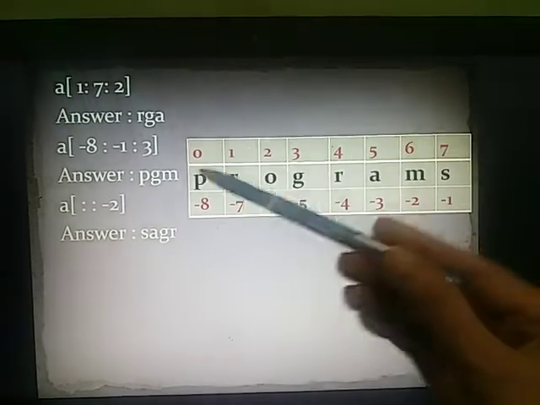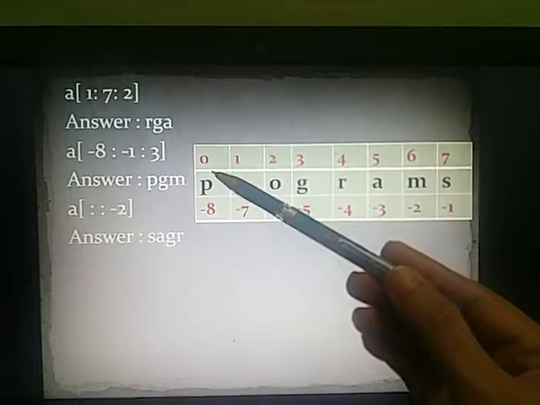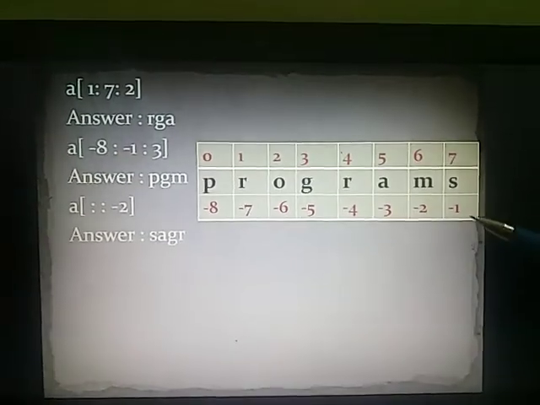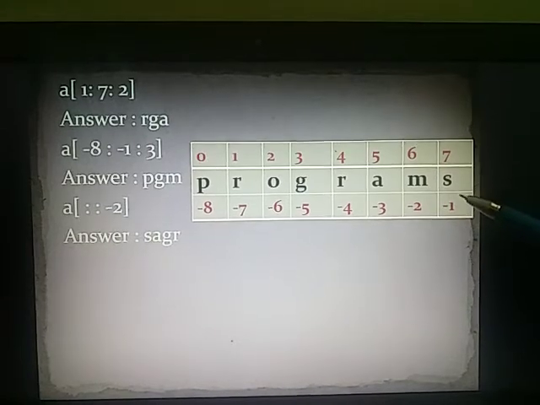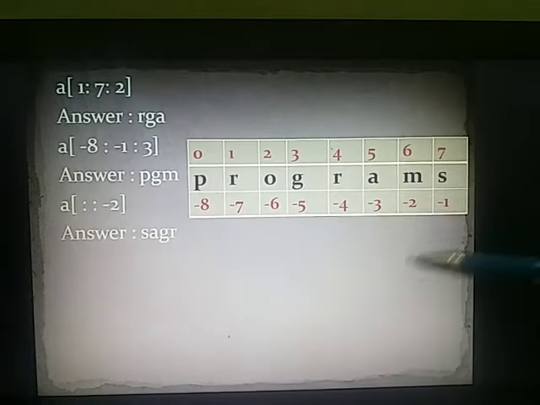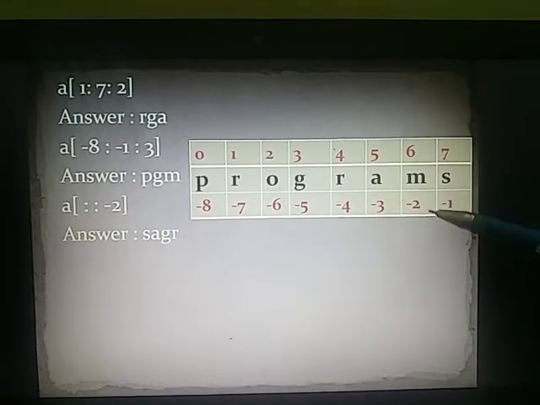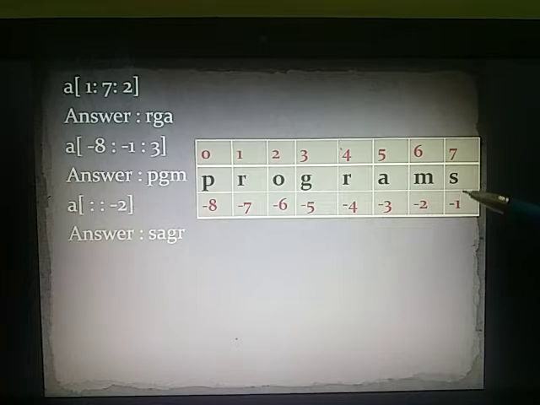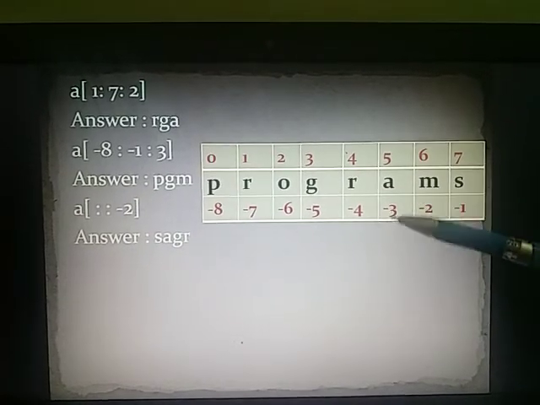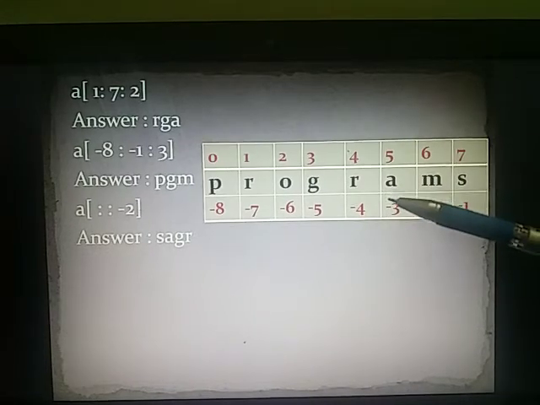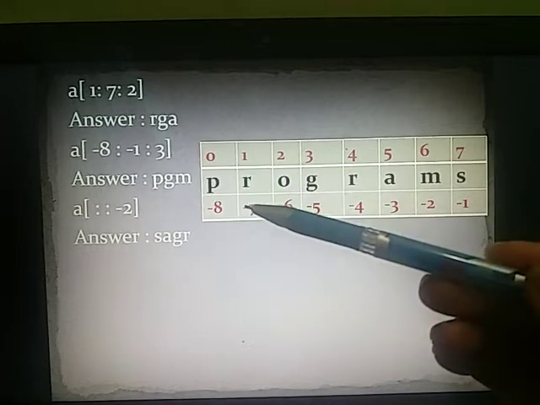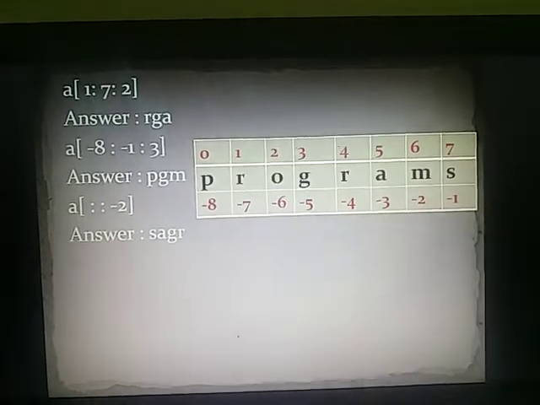If we are moving from right to left, positive value means forward movement, negative value means backward movement. For the backward one, the default first value is -1, and the end is minus len -1. Then it will start from this one. So the first value will be -2, that means 1 and 2. Then -3, again -2 due to this one, 1, 2. So again the value will be this, then 1, 2, again the value will be this. Like this we are doing.